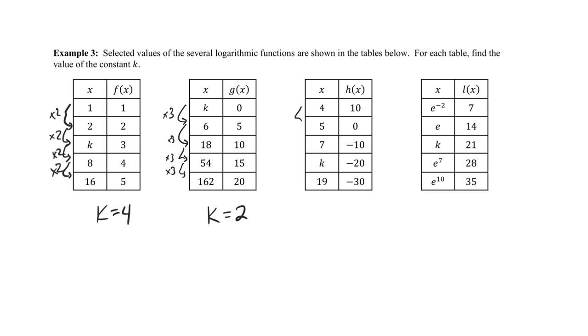So let's look at here. Uh-oh. What did I multiply by? So now I have an issue here, right? Because I'm not multiplying by the same thing, but they told me it definitely was a logarithmic function. So let's find the differences here. From 4 to 5 is 1. From 5 to 7 is 2. And so if my differences are being multiplied, that's another way to show that it's a logarithmic function if